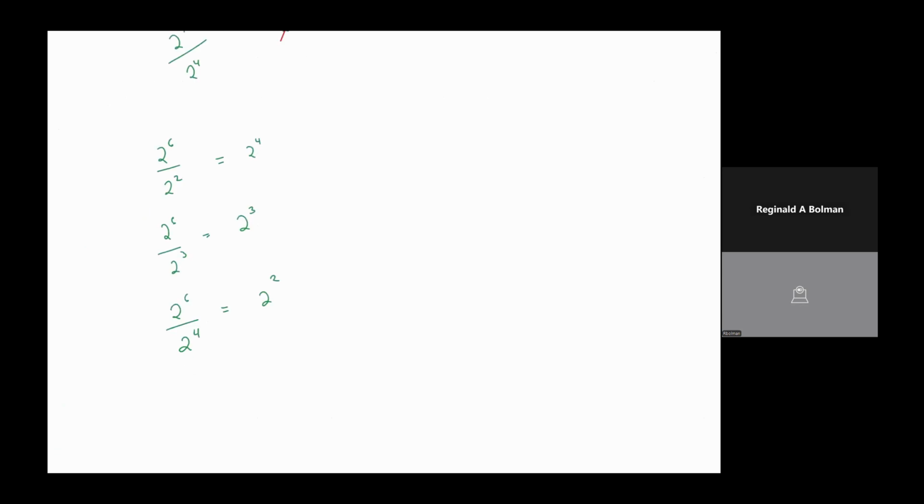We are now going to ask ourselves the question, what is the pattern? I go from 2 to the sixth divided by 2 squared, and I get 2 to the fourth. I go from 2 to the sixth divided by 2 cubed, and I get 2 cubed. I go from 2 to the sixth divided by 2 to the fourth, and I get 2. So if you were to line up your values,